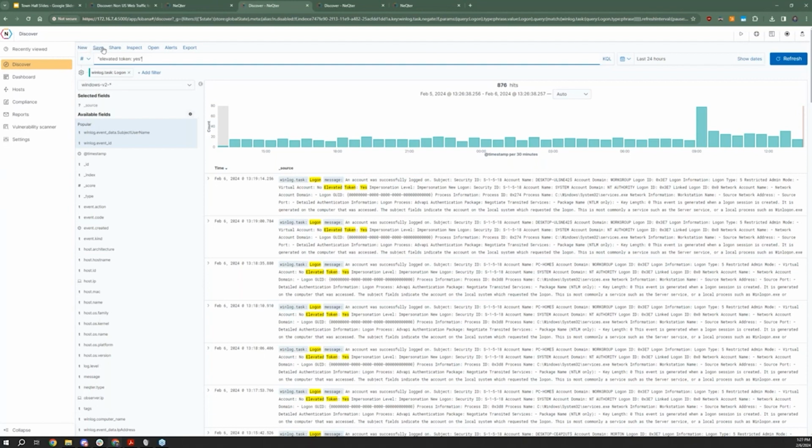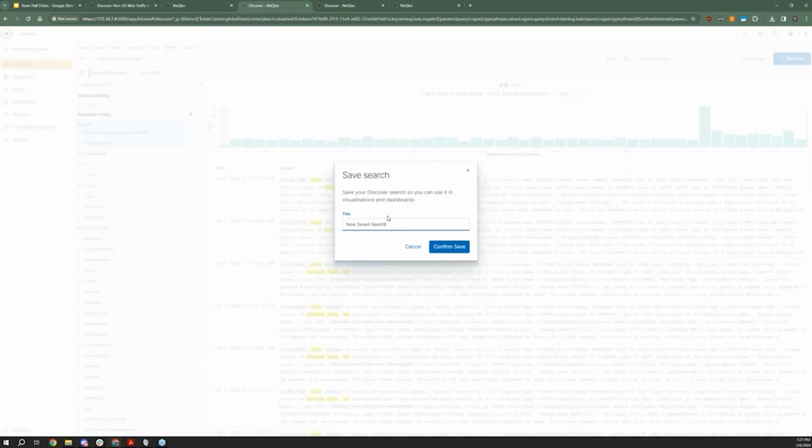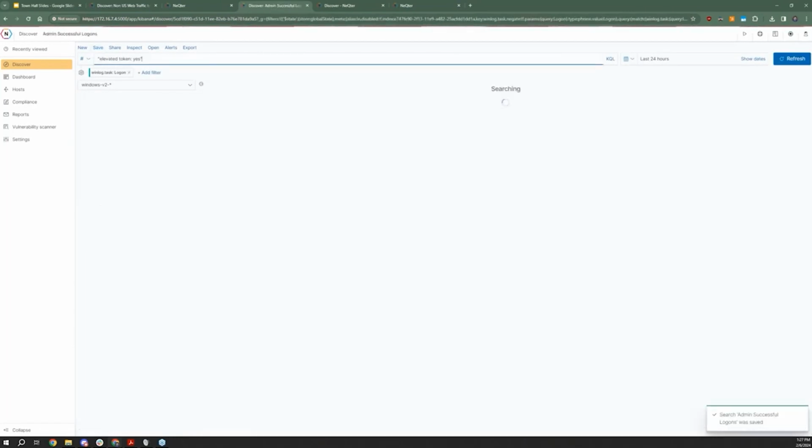So we're going to hit save. And it actually says it right here: save your Discover search so that you can use it. So we're going to say admin successful logons. We're going to confirm the saved search. And